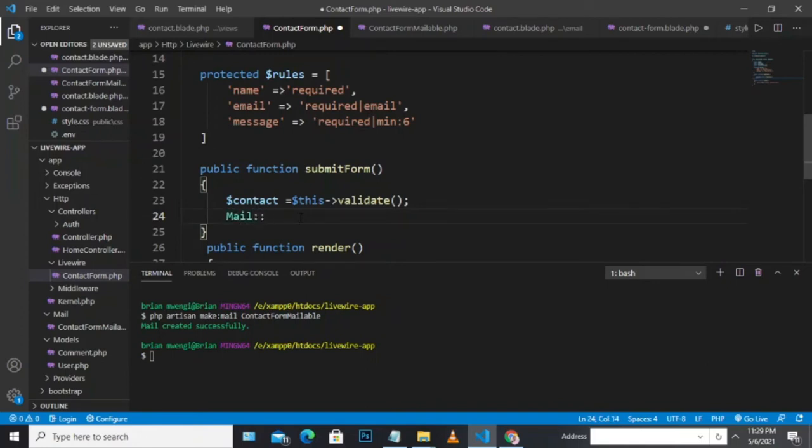So Mail is already predefined within Laravel. We are going to mail it to the particular person that we want to receive the email. For example, let me give it my email here, to Brian. Here, we should send it to, we're going to give it send, so send new